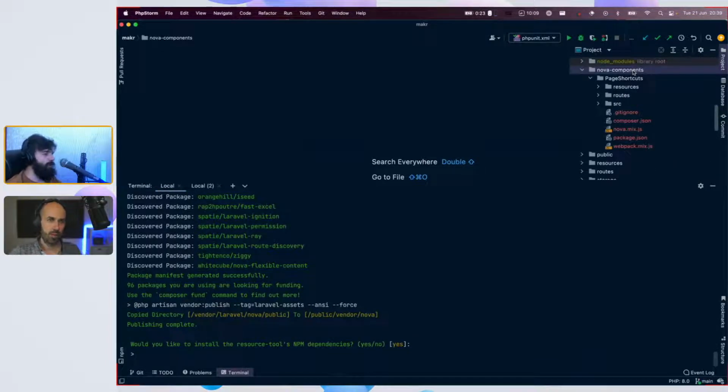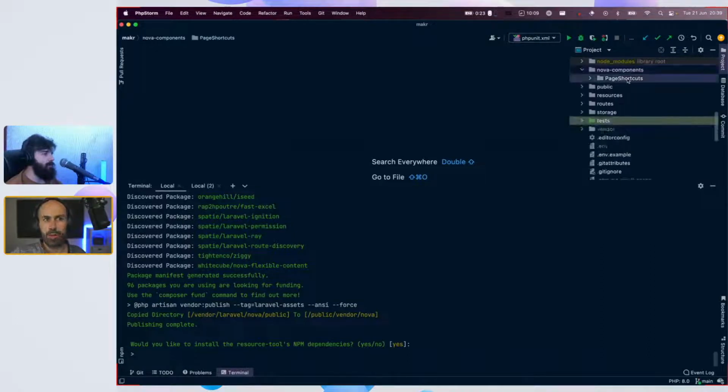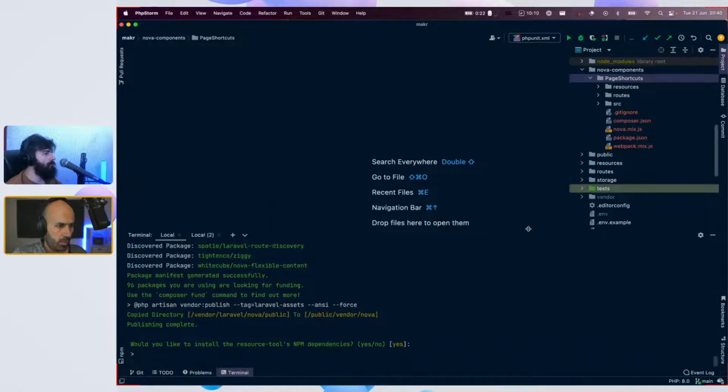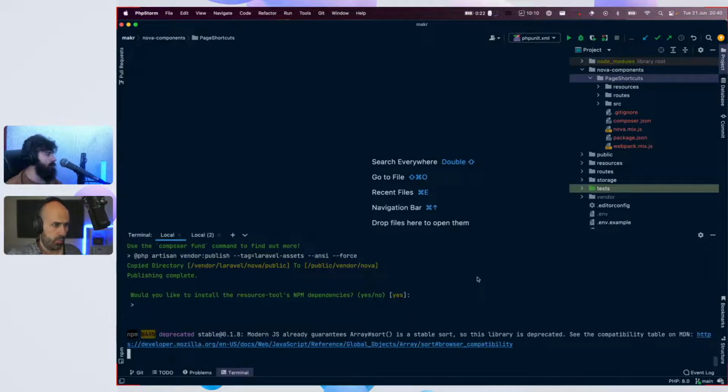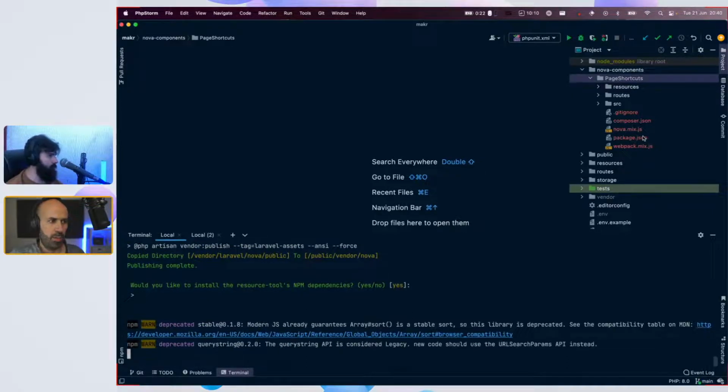Inside Nova components, we will have one folder per resource tool. We didn't mention the vendor before. Did this go through or not? I think I clicked yes. Maybe it's just npm being npm.